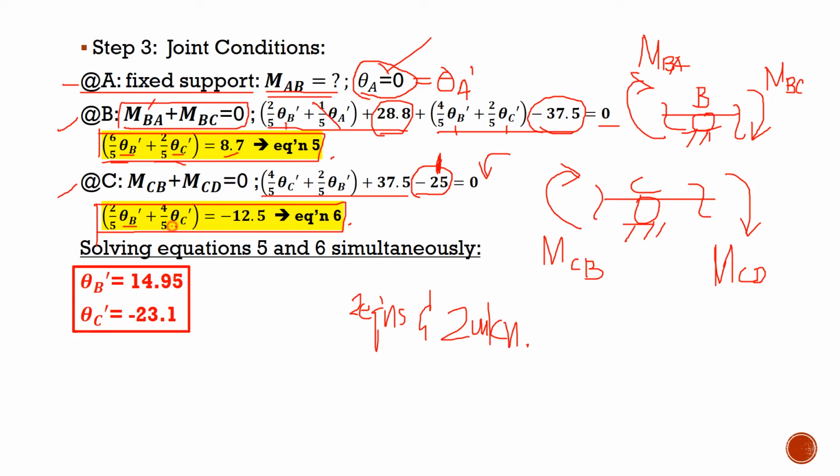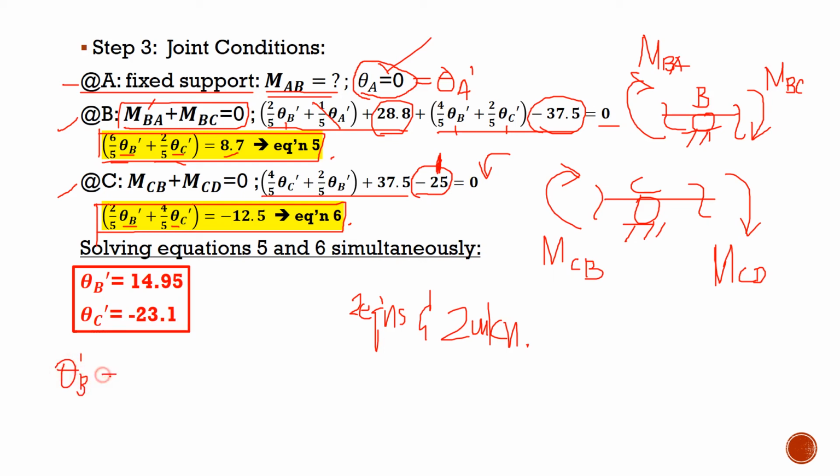Okay? So kana siya, guys. Then solving equations 5 and 6 simultaneously, we will get these values: theta prime B is 14.95, then theta prime C is negative 23.1. So dala lang gina negative sign guys, positive and negative sign. So kung pangutanon mo guys, what is the rotation at B, dili pa nimo ang final answer ha. Kay take note